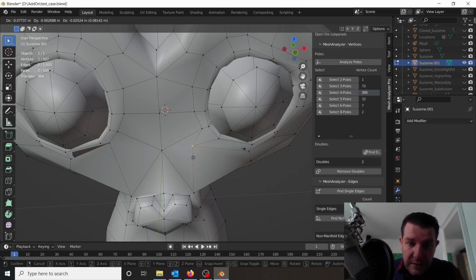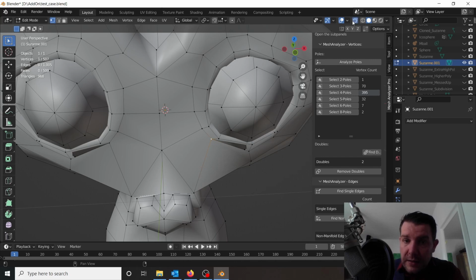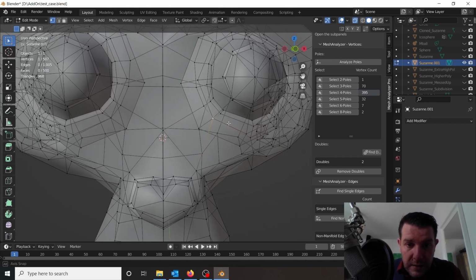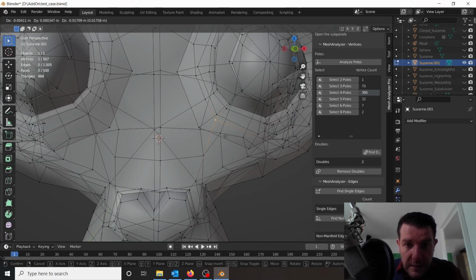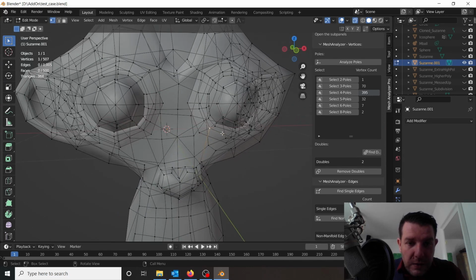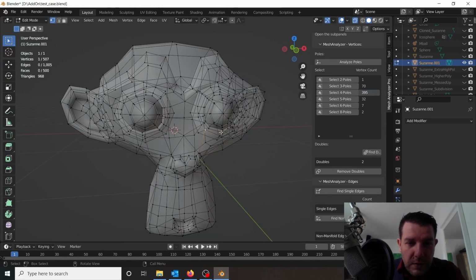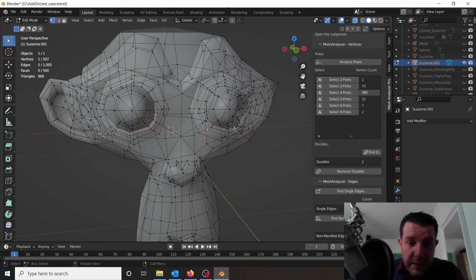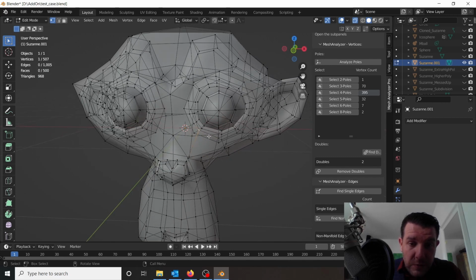So if I click this, I toggle X-ray, then you'll see there that they are exactly on top of each other. And this is something where, had you merged these by distance, you would have basically destroyed your mesh. Well, not destroyed, but